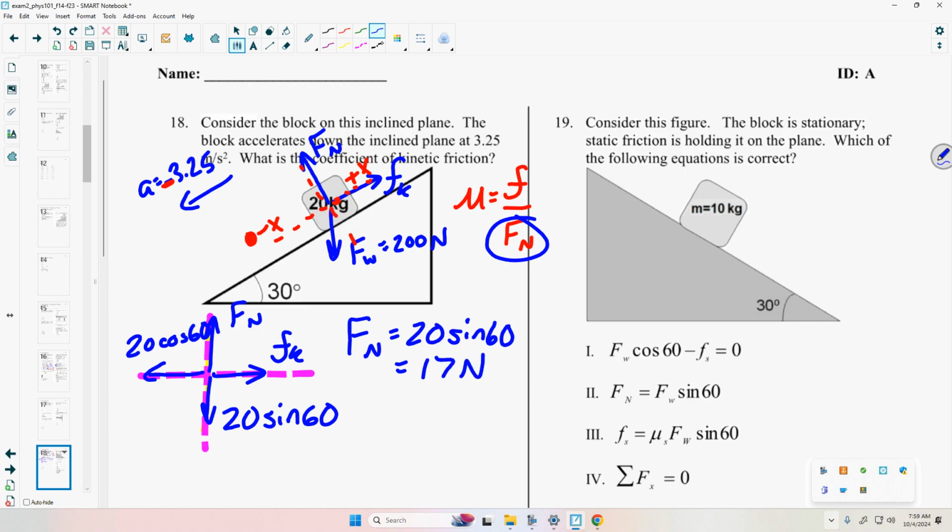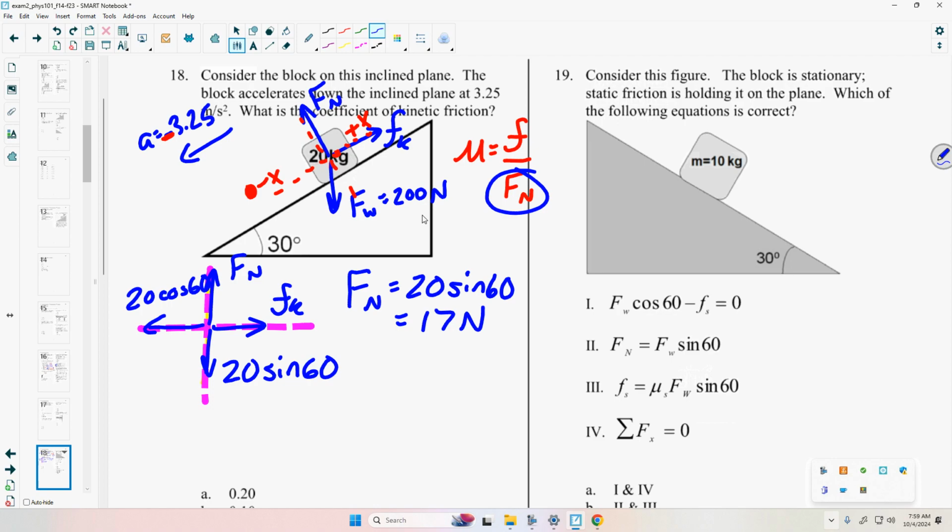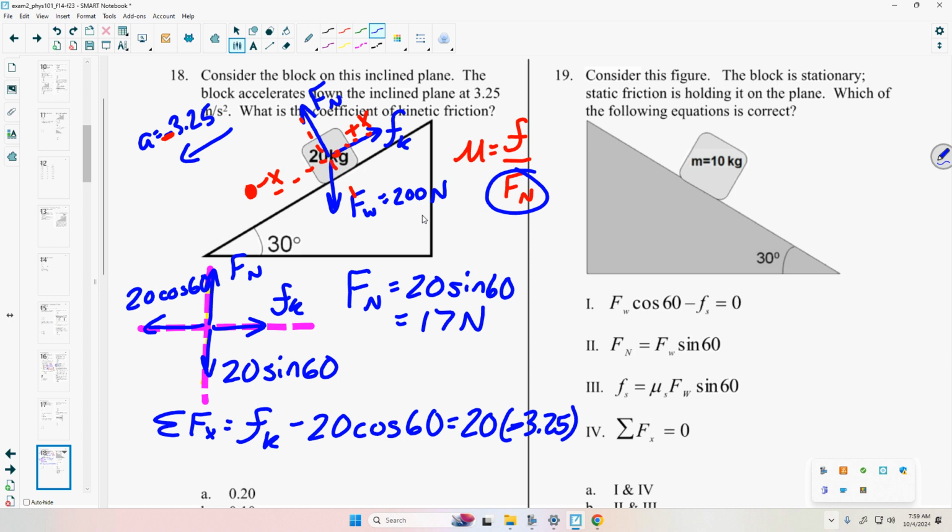So now I need to know Fk. Fk is a little more complicated because it's moving. Sum of the forces in the x direction equals Fk minus 20 cosine 60. That's equal to m ax. 20, that's m. Ax is negative 3.25. So this is m ax. And then I can solve that for Fk. That's going to be 10 minus